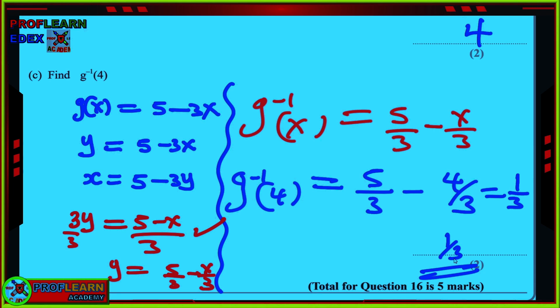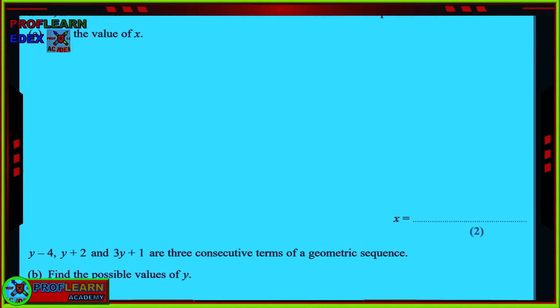What I need to tell you, and what I need to advise you as you are preparing for your coming exam: make sure you know how to work out inverse functions. So I believe that is okay up to that point. If there is any topic you want me to